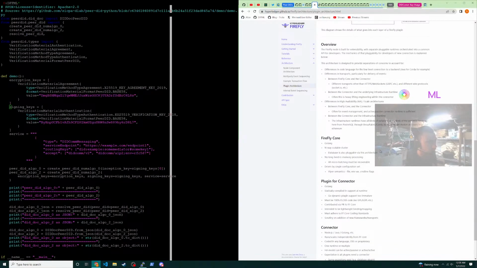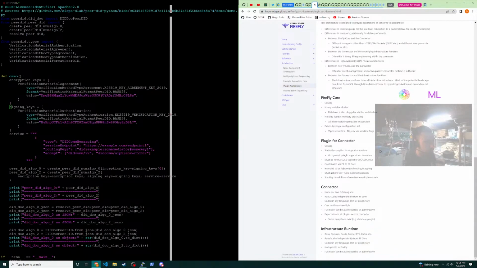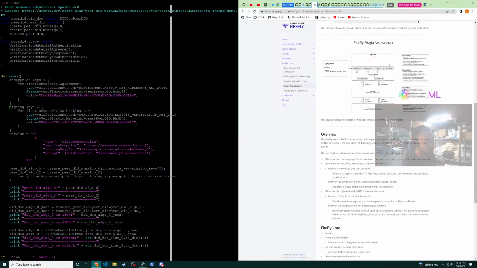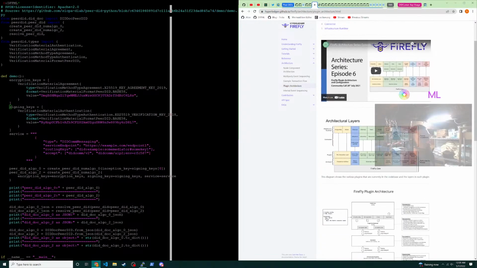So if it's built on top of that, that gives us interoperability with the rest of their ecosystem, which is very powerful. So differences in architecture's design, separation. Okay, so you can write in a different language. Okay, so this is great. So we could definitely leverage this. Okay, so we want to throw